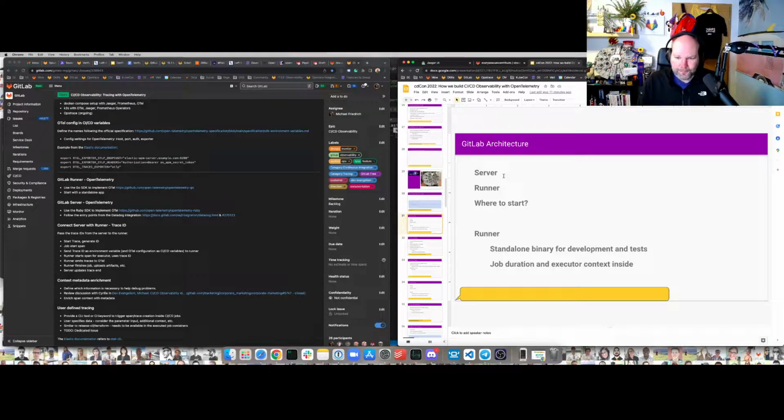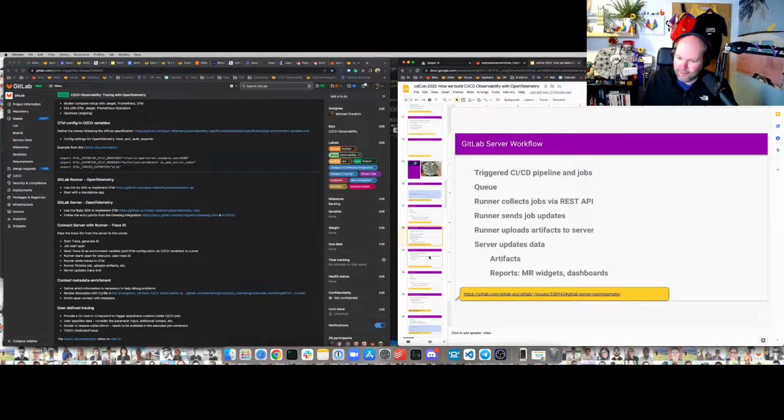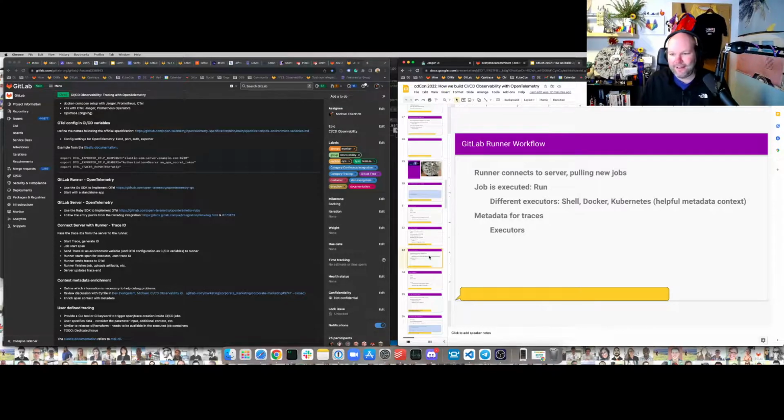The thing is, when we want to start there, the runner is much more isolated in that regard. It allows you to compile a standalone binary, just execute something, and see it on the terminal. On the server, there is more going on. So the pipeline is being triggered, there's a queue, the runner communicates with the server, and so on. So this can be a little tricky, but to begin with, I decided to say, okay,